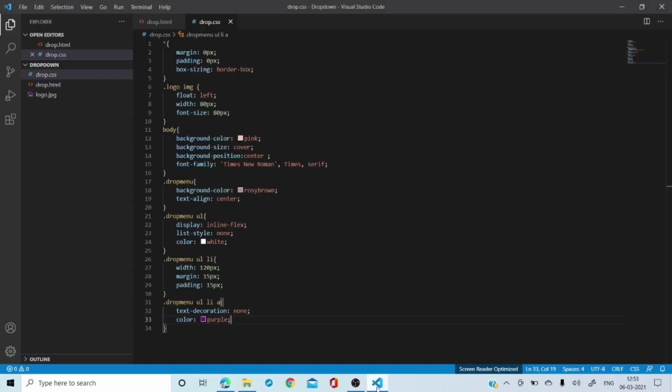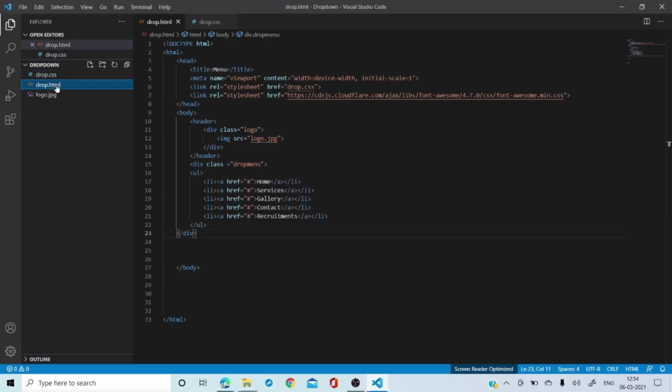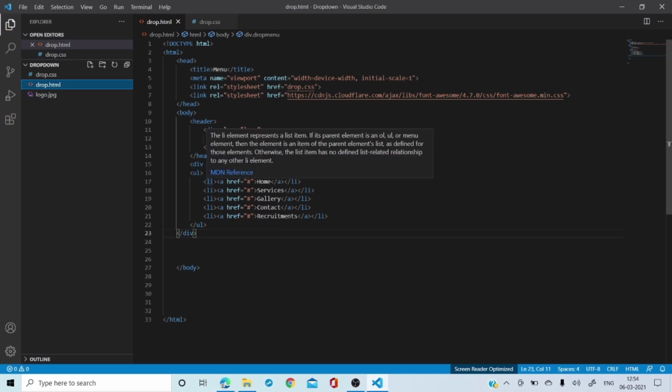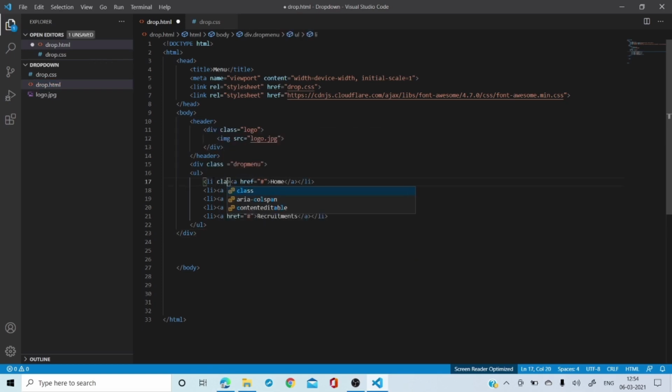All right. What is the next thing? Now, the next thing which I want over here is to create a drop down in this. That is our main part. I'm going to create one class over here, and the class name will be active, right?